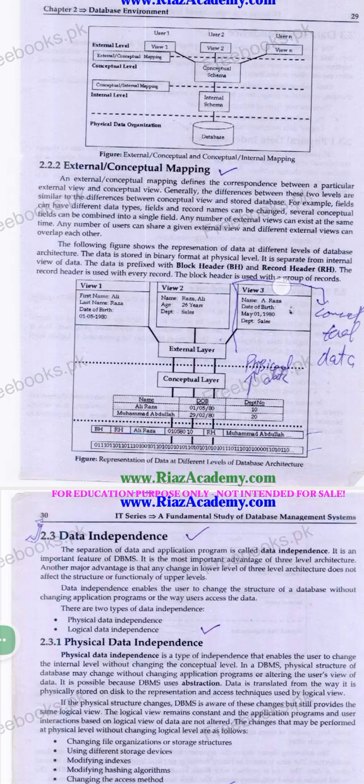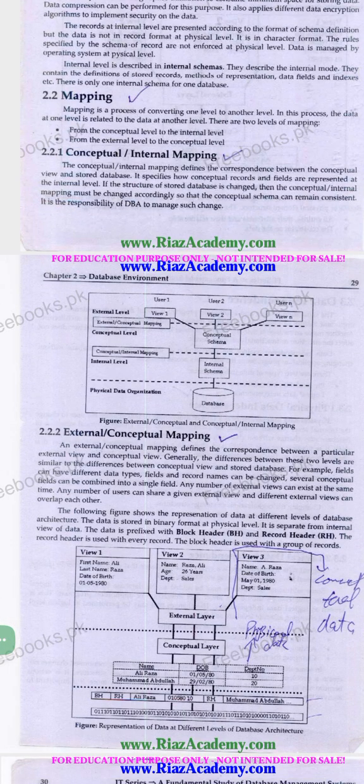We have conceptual and internal mapping. कॉन्सेप्चुअल और इंटरनल मैपिंग में बेटा ये होता है कि कनेक्ट करते हैं हम लॉजिकल स्कीमा विद द फिजिकल स्टोरेज, इंश्योर्स दैट द लॉजिकल डिज़ाइन ऑफ द टेबल इज करेक्टली स्टोर्ड एंड रिट्राइव्ड फ्रॉम द फिजिकल मेमोरी। लॉजिकल टेबल जो है वो आपकी प्रॉपरली करेक्ट होनी चाहिए, स्टोर्ड होनी चाहिए, और उससे आपको फिजिकली जो मेमोरी है वहाँ से डेटा